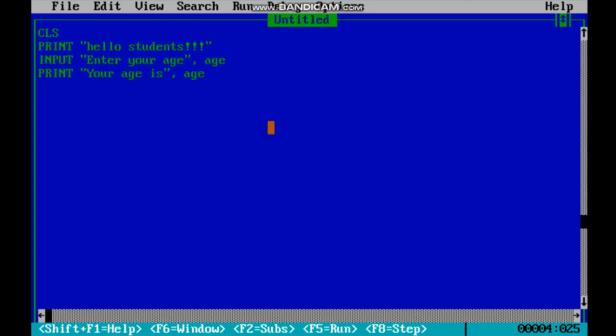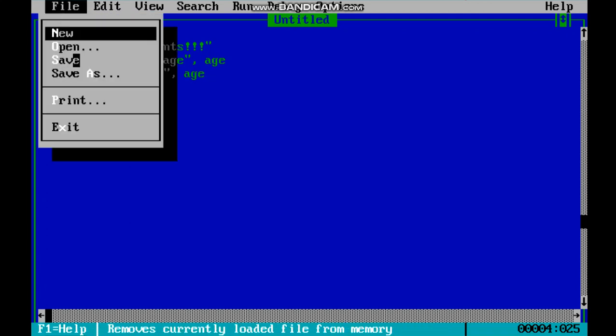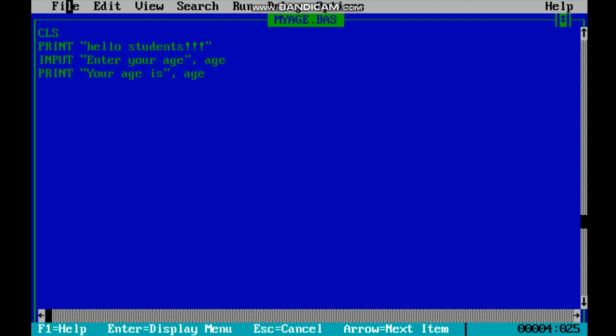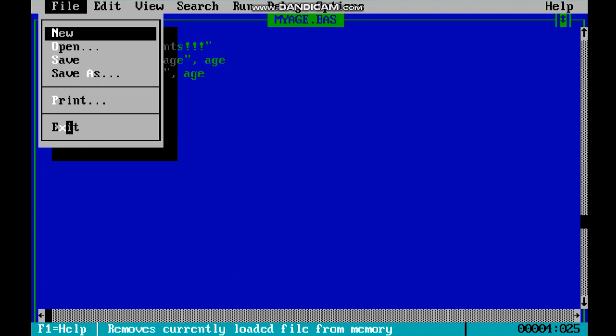Your age is, in the place of age we are getting 14. I hope all this is clear to you, how to take input. Also we can save the file, save file with my age, and okay. Now we can come out with the help of exit.